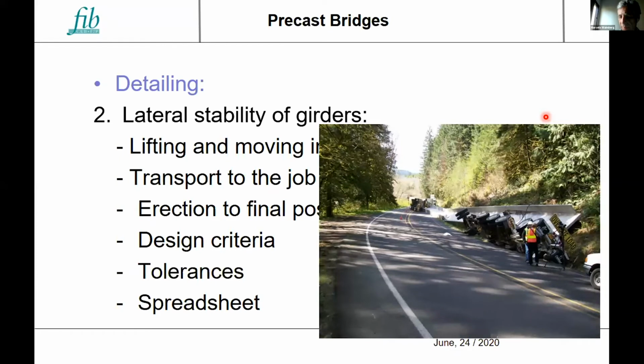You use this input data, and you get the information of how safe you are, or you can even play with some of these inputs and check how changing, for instance, geometry tolerances or geometry of your girder can improve your safety, and so on.